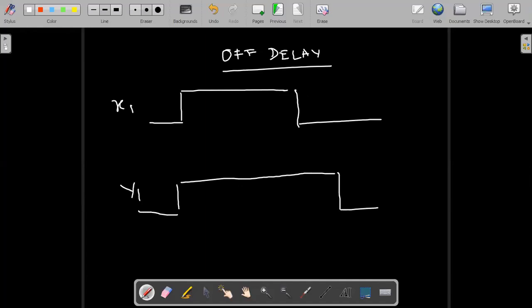After I switch off H1, after a particular delay, say 5 seconds, my output should go off. So when I press the switch, the output is available. Once I switch off, up to 5 seconds the output will be available. After 5 seconds only my output should be off.